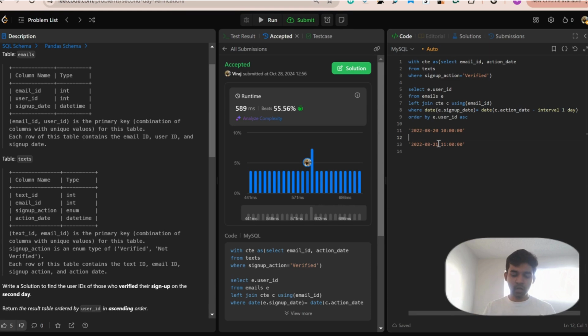We want that a user has been registered on 20th of August, and we want to ensure that he has gotten verified the very second day. We don't care after how many hours, like let's say 6, 7, or 8 hours. We just want that he should be verified on the next following day, that is 21st of August. That's the reason why, if you haven't used the date function, it would have used the whole date time